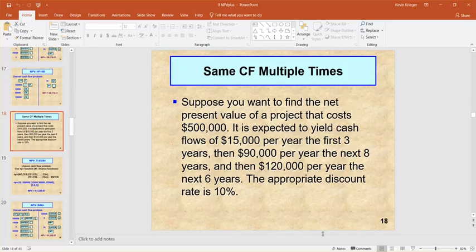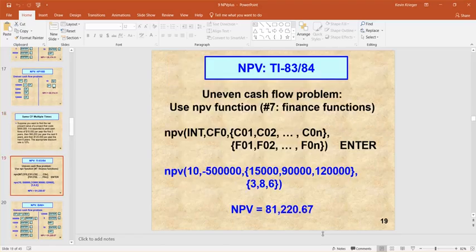Okay, we also have an example here to illustrate how you can use the frequency buttons on your financial calculator to help you with this sort of input, something we've also discussed before. You don't have to use this shortcut or extra trick, but you're welcome to if you're comfortable doing so. So for example, if you have 15,000 3 times, 90,000 8 times, $120,000 6 times in a row, and they genuinely are coming in a row, rather than doing one set of braces where you type out every cash flow, like in this case I have to do 15,000, 15,000, 15,000, 90,000, 90,000, and so on. I've got to do 8 of them, right? And then 6 of the 120s.